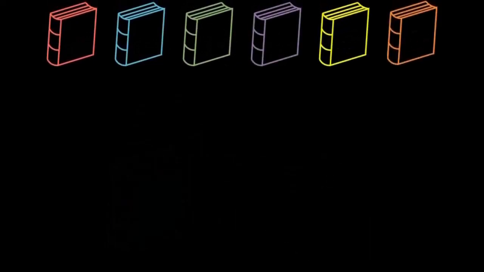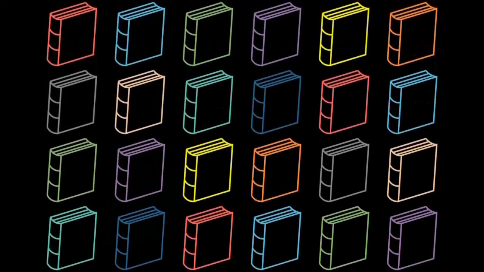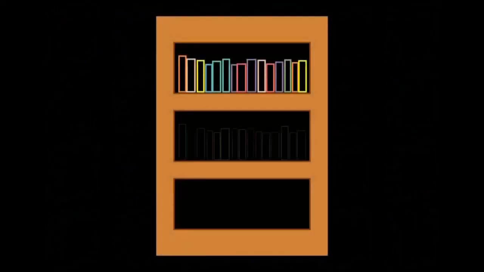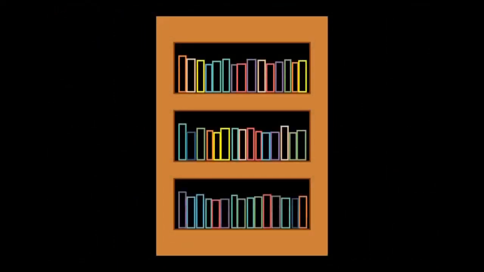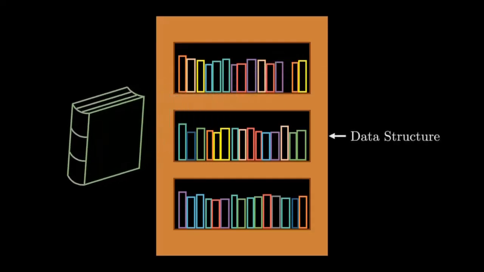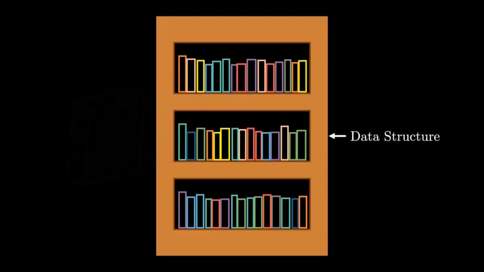But as time goes on and you start getting a lot of books, you decide to become a little bit more organized. You decide to buy a bookshelf and put all your books in alphabetical order by the authors. What do we do now if we want to find a book? You probably would start in the middle and slowly hone in to the appropriate place based on the order of the alphabet. Here, the data structure would be the bookshelf organized alphabetically, and your algorithm would be your search process.